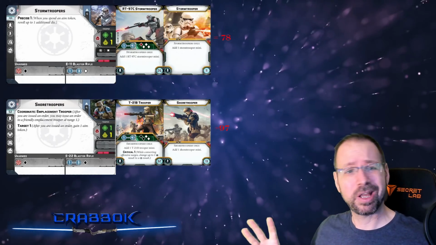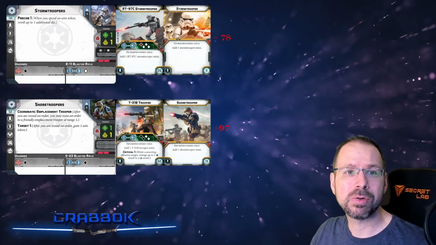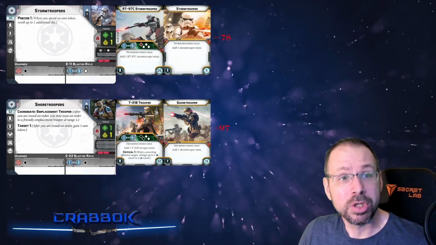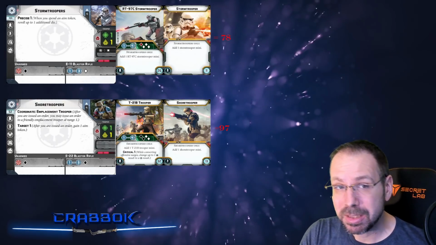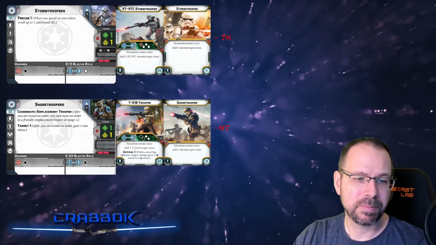But if we're looking at them as pieces of fruit, just to say, well, Stormtroopers can get you a similar dice pool, and for a huge discount. I think that's worth considering, especially with the surge to hit potentially being the difference maker here. I think it's worth considering. So here,